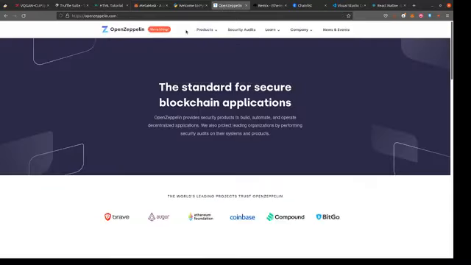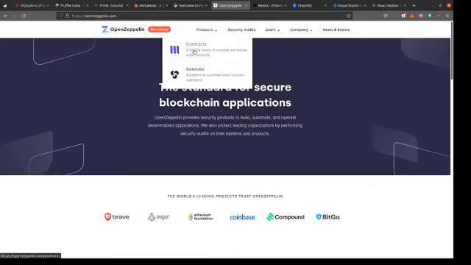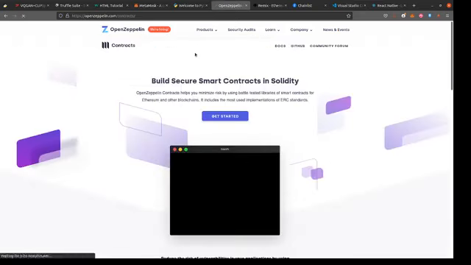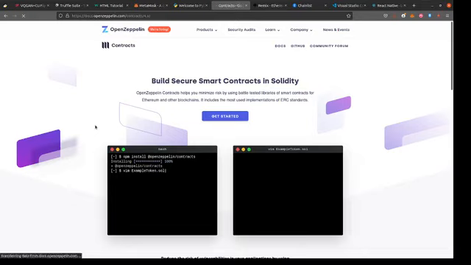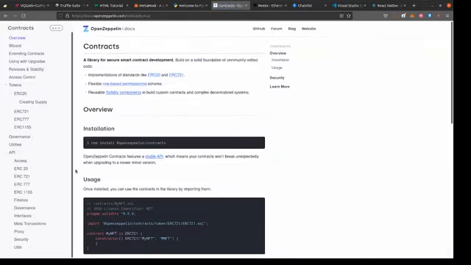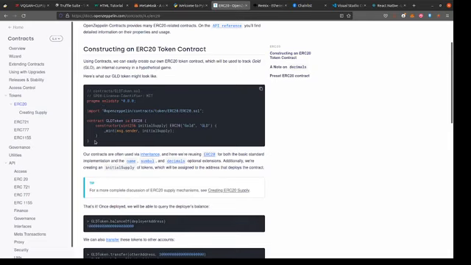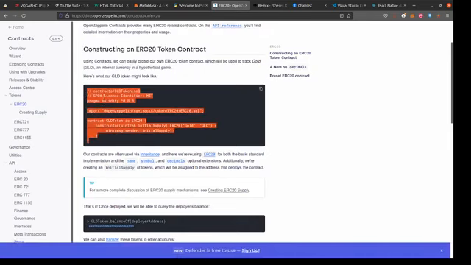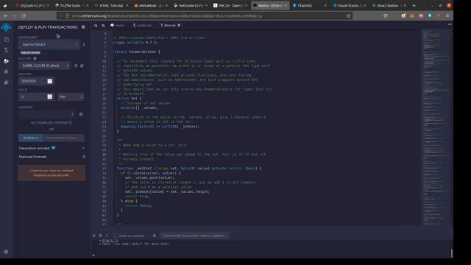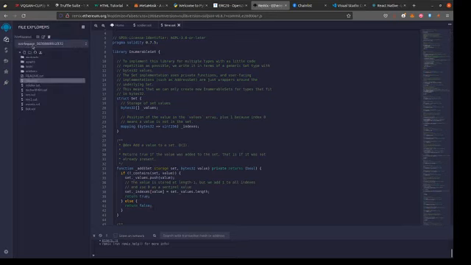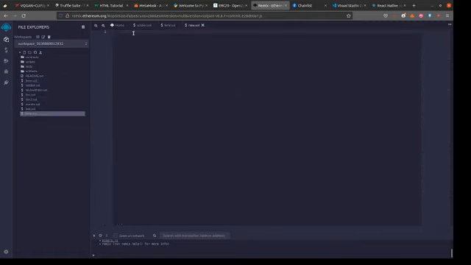If you just want to copy and paste smart contracts, or you want to use already existing smart contracts that have been verified and audited, come over to OpenZeppelin, click here on Contracts, then Get Started, and you find all kinds of existing smart contract samples. For example, if you want to create a token, you can just come here, copy this, go to Remix, create a new file, I call it new.sol, paste in the code,